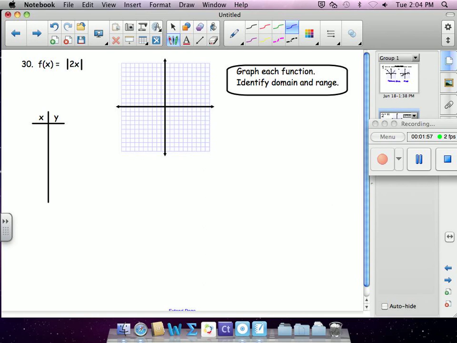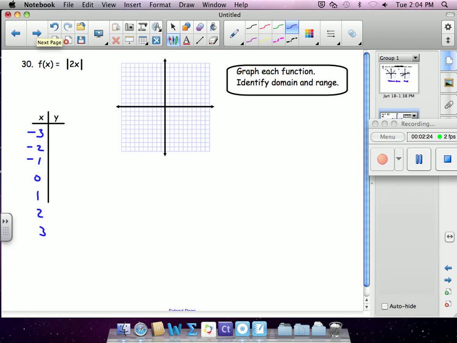If you try to do number 30 with paper and pencil, the first thing you need to do is come up with a graph so you can talk about its domain and range. For that, you can pick different x values and plug them in. Let's say I try graphing -3, -2, -1, 0, 1, 2, and 3. When you plug them into an absolute value,